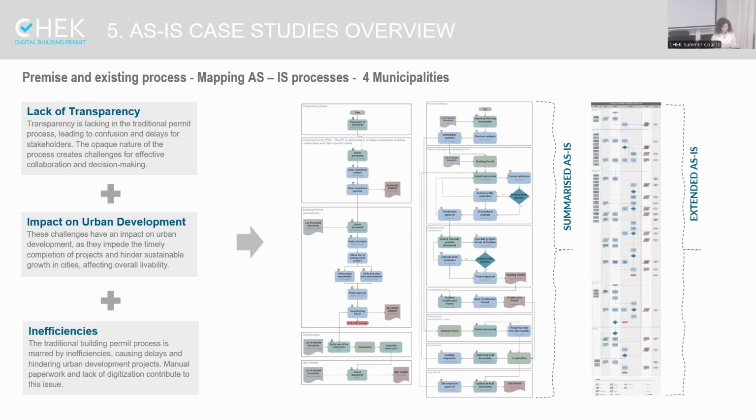First of all, we noticed a lack of transparency. Second, was the impact on urban development. And thirdly, it was clear that there were inefficiencies in the traditional, or as-is, process of these municipalities. By lack of transparency, what I mean is that